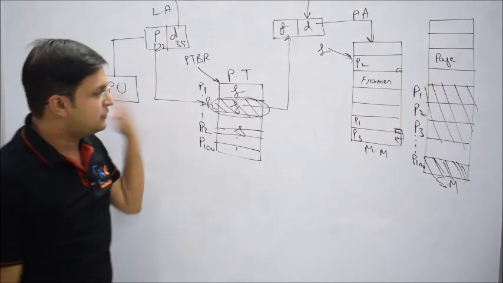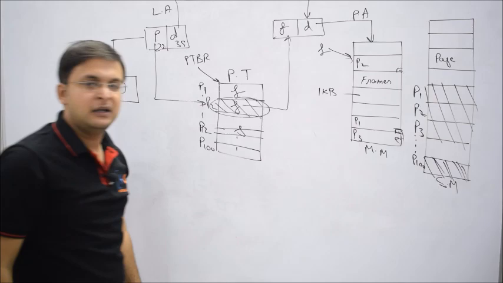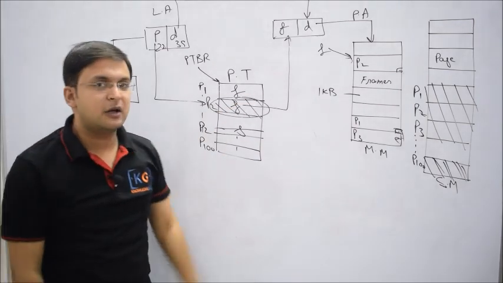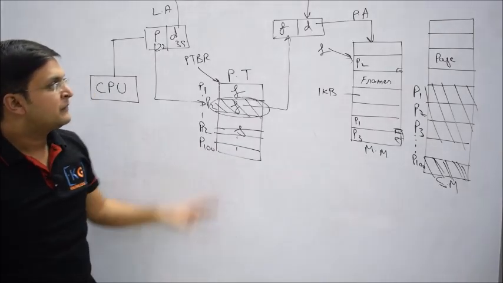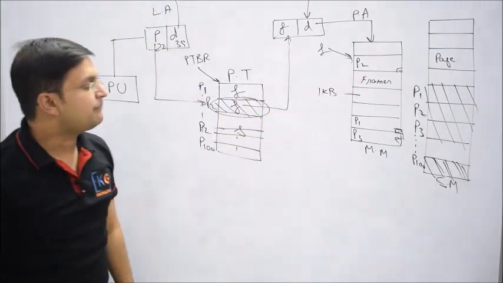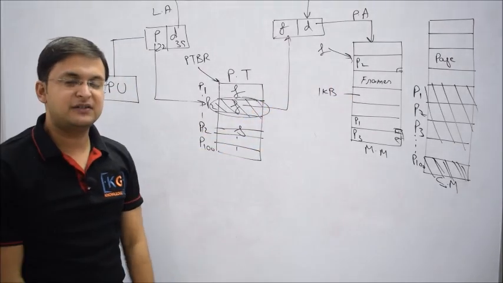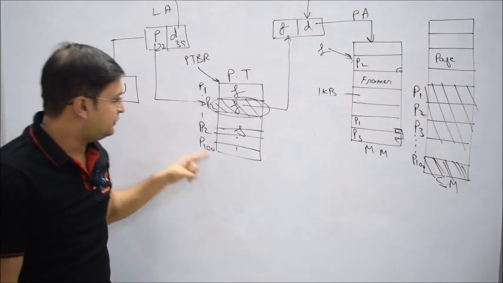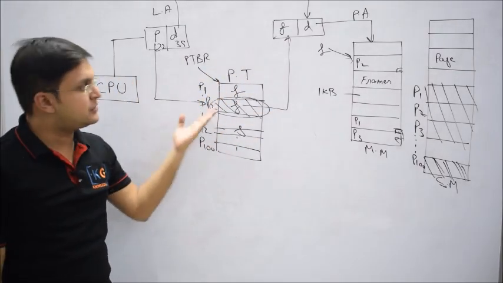Why? Again you see, if the size of a page is 1 KB, understand this thing, and the process requires for example half a KB or 512 bytes, there's no other option. You have to allocate the entire frame. Again, one more thing: if you want to access some data which is currently in what? Main memory, please understand how many times you have to access main memory, because as I told you, this page table is data, not hardware.